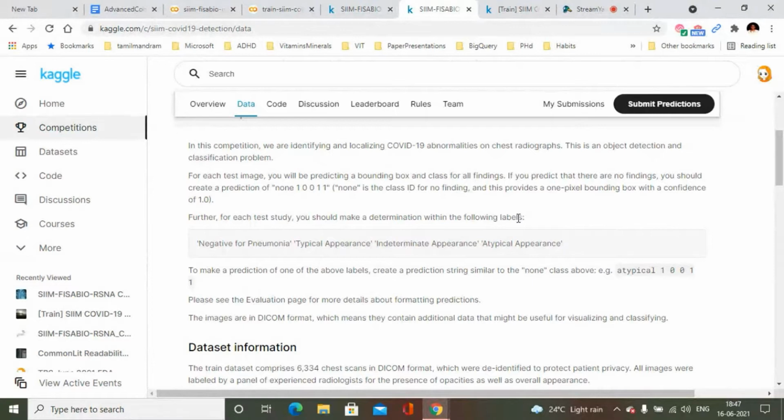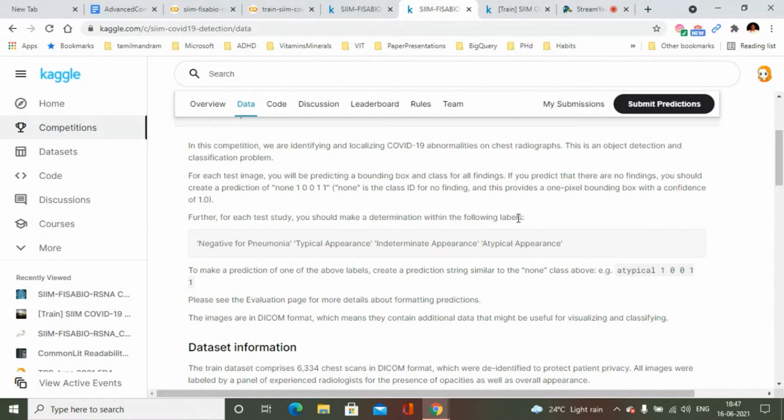When people have opacities in chest X-rays, it could also be the case that the person is having some other form of pneumonia. It's not necessarily COVID-19. The chest X-rays might show all the characteristics of pneumonia, but not necessarily COVID-19. So these two categories are indeterminate appearance and atypical appearance.